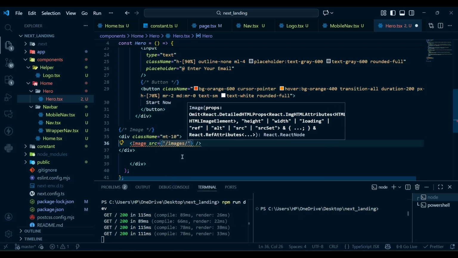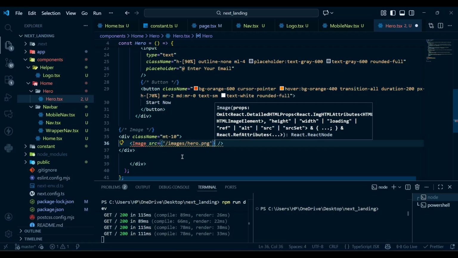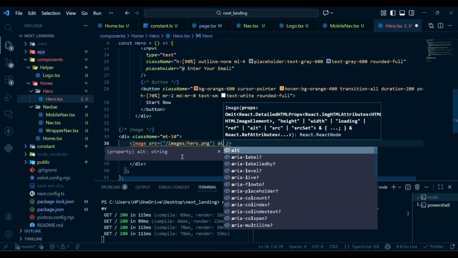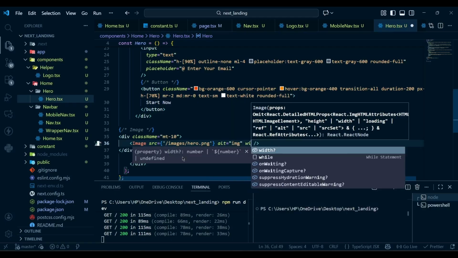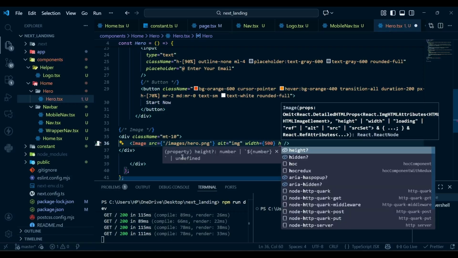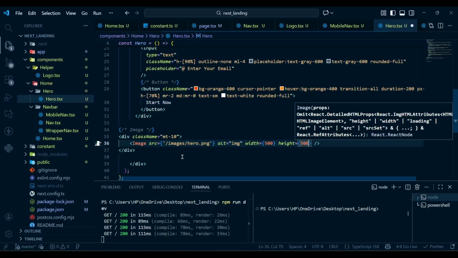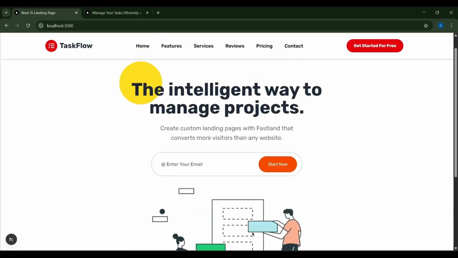images slash hero.png, and the alt will be image, the width 500, and the height 500. That's it. Now if I hit save and go to our project, so here you can see